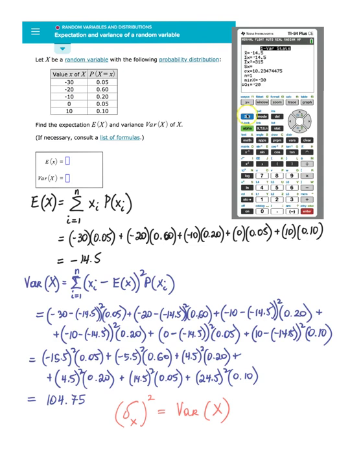So let's see how that works. I'm going to make a note of that standard deviation and square that quantity. We should receive a number that is equal to 104.75. It may be slightly varied, as you can see right here. There is a bit of a difference right there, but way far in the 10 millionth place. That difference compared to the exact value we found right here at 104.75 is due to the fact that we rounded